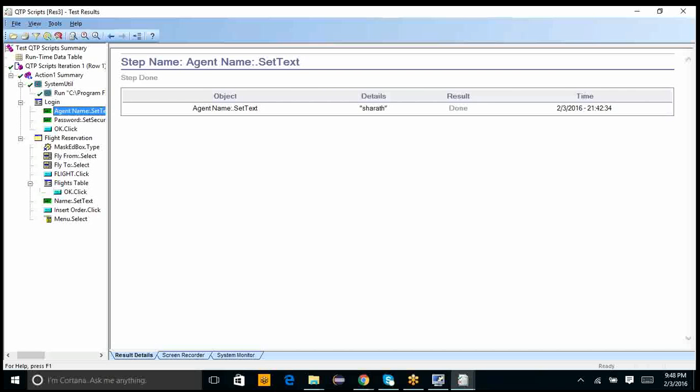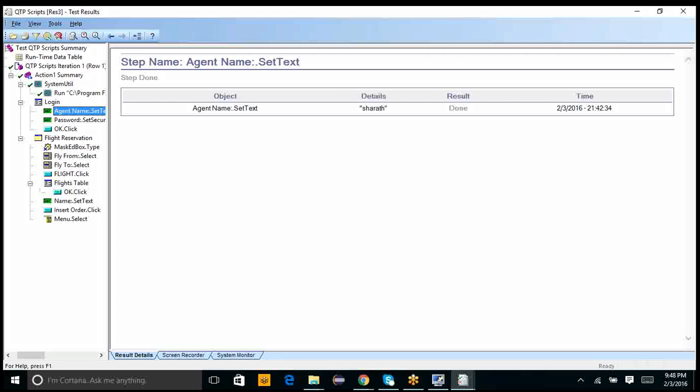But for the other steps you have recorded, unless we include manual validations, you won't see any passed messages.